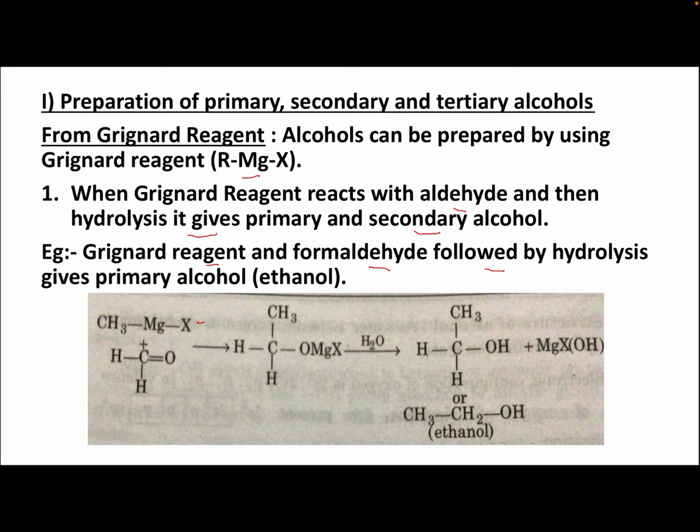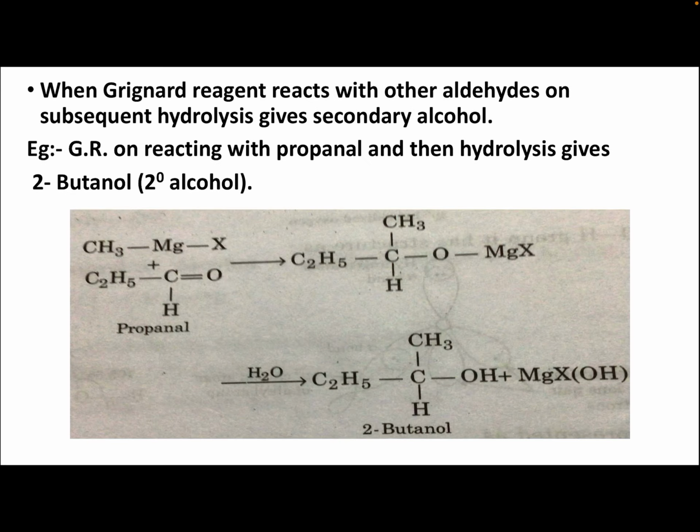CH3MgX and formaldehyde give an addition product which on hydrolysis will give ethanol, a primary alcohol.